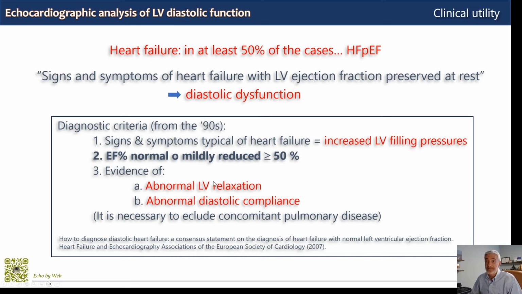The other two criteria were normal ejection fraction, previously also mildly reduced when we were talking about diastolic heart failure, and clinical signs and symptoms of typical heart failure, which of course were intended to be evidence of increased left ventricular filling pressures. So based on these early guidelines, were in the 90s,